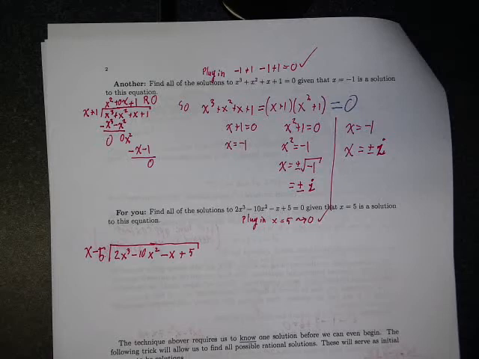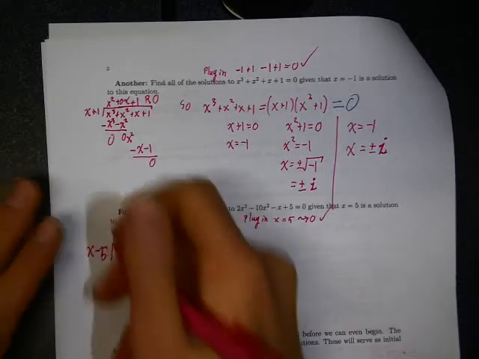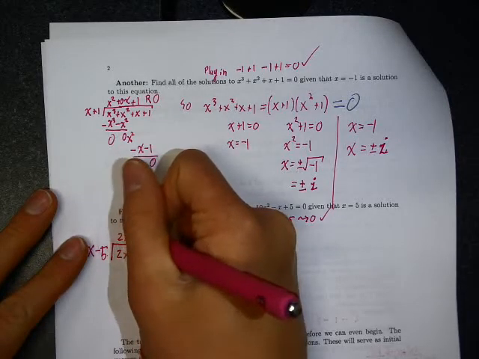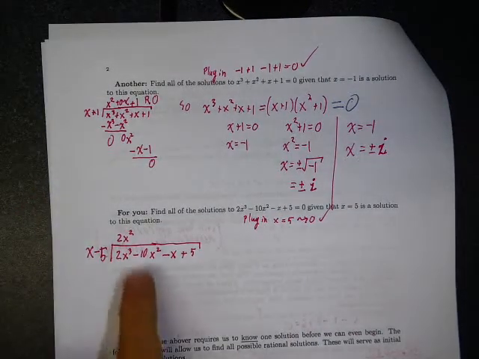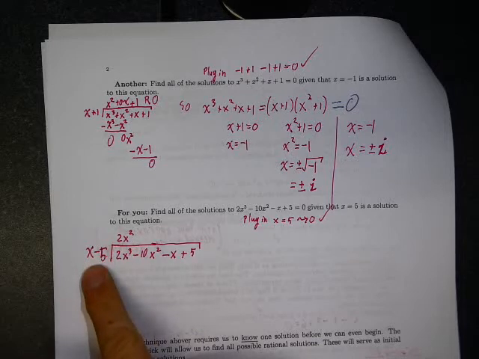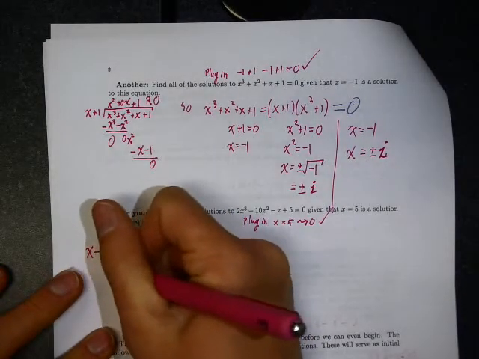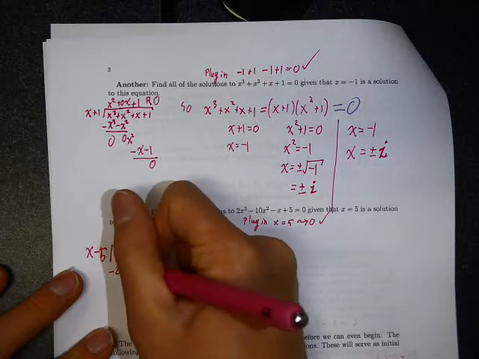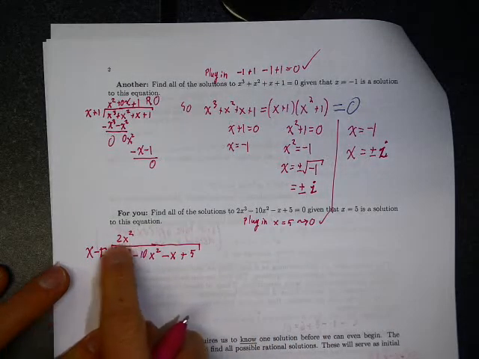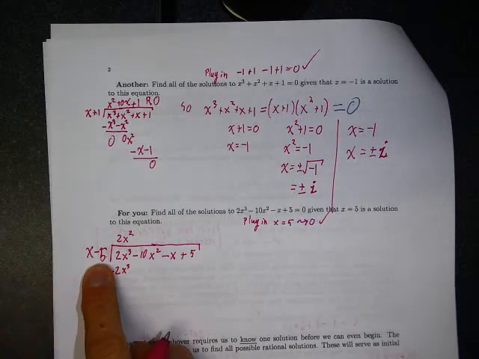All right, so let's run the algorithm. What do I need to multiply x by to get 2x cubed? 2x squared. So the leading term in the result of division will be 2x squared. And now what I should do is multiply 2x squared by x minus 5, subtract that, and use that to get a revised guess for what the division should be, a second guess. So you're going to subtract 2x squared times x, so that's 2x cubed. And then I need to subtract 2x squared times negative 5. So that'll be negative 10x squared.